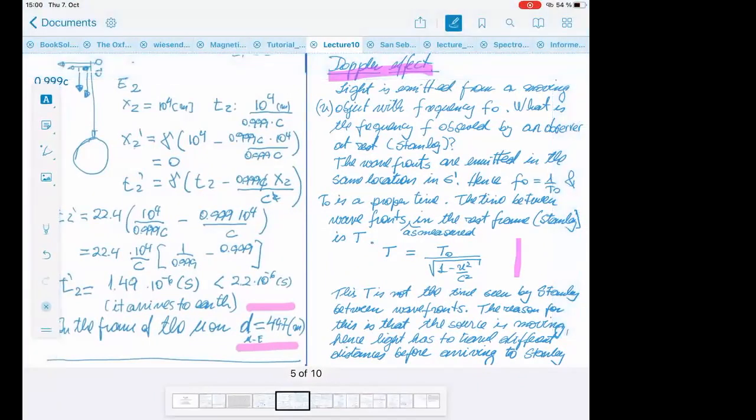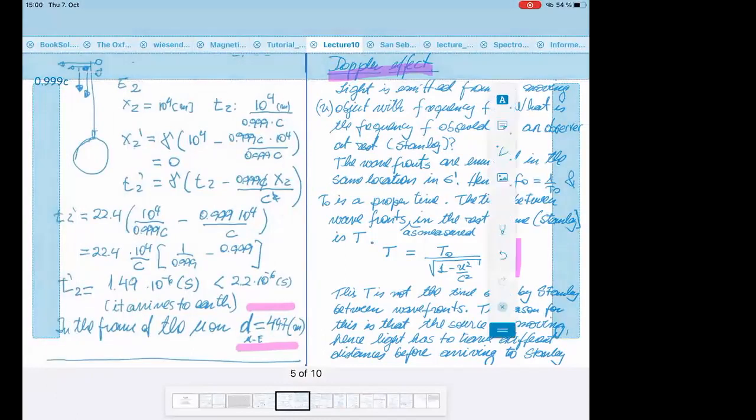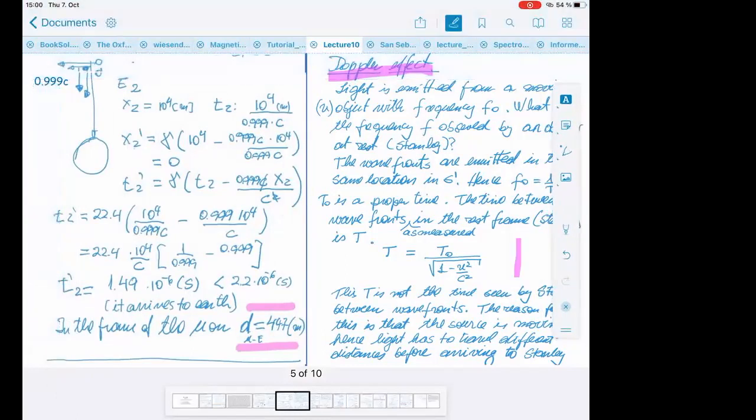Okay, yes, no. Let me see if I put it here, perfect. Okay, now